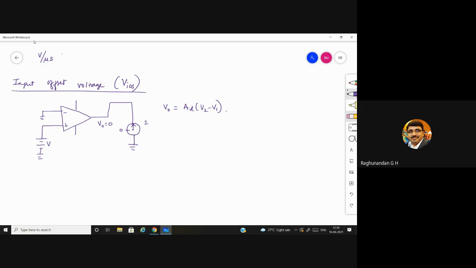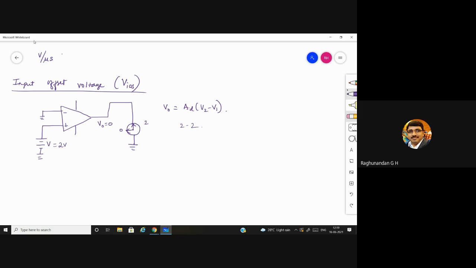So they'll add a positive supply here, such that this becomes 2 minus 2. So they'll set this to 2 volt, and when you give that 2 volt here, then this needle deflects to 0. This is the precision technique which we are going to follow to nullify the unwanted voltage. So an extra battery will be added, and we are going to tune that voltage according to our requirement, such that this needle deflects to 0.